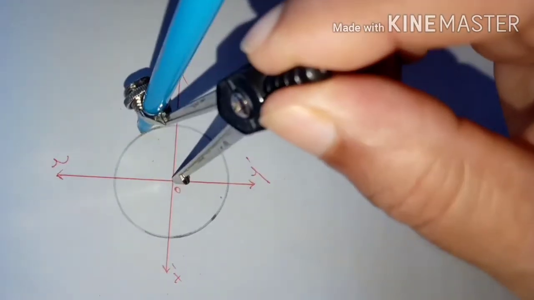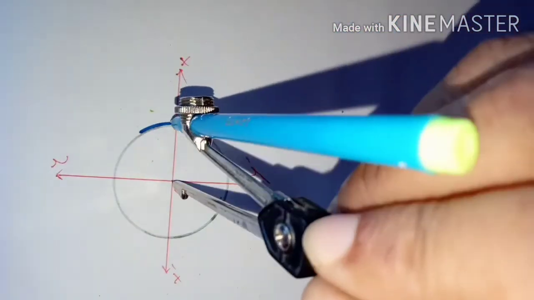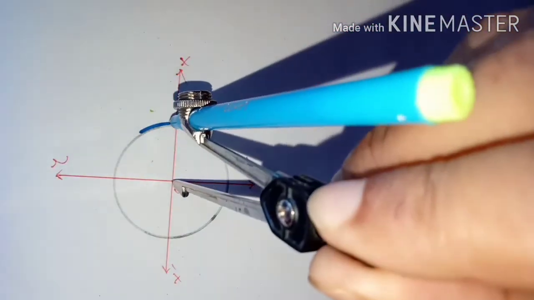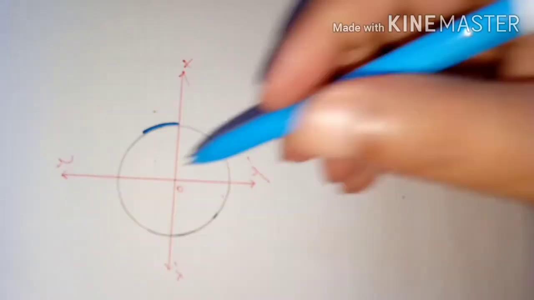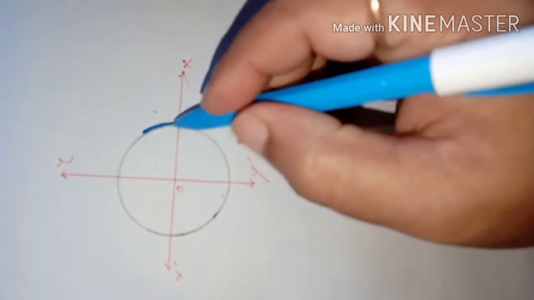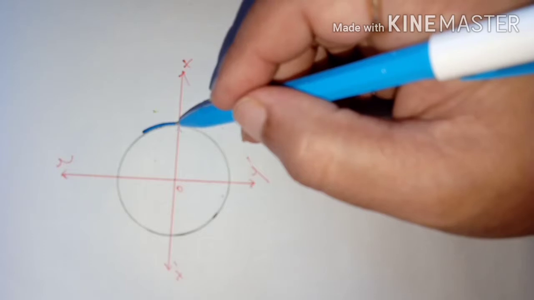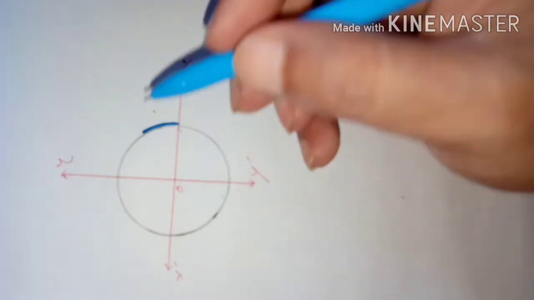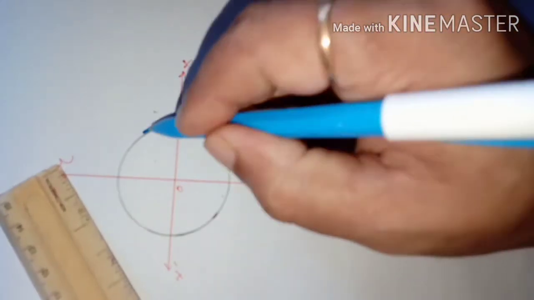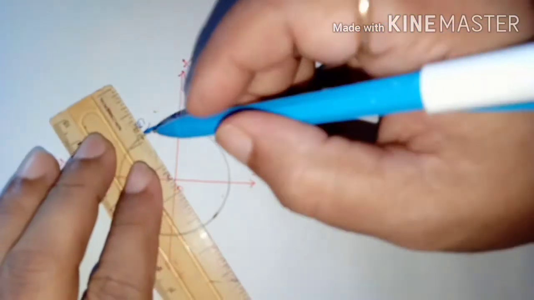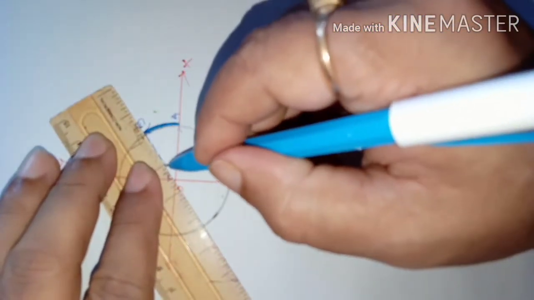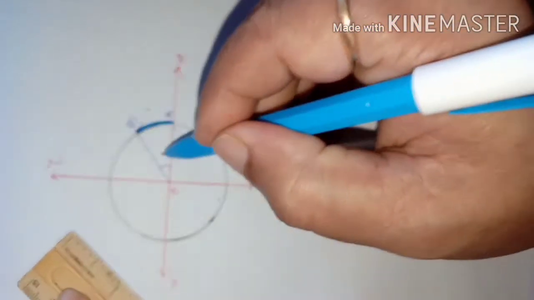Suppose you see here this is an arc in the positive direction. Suppose this revolving ray has revolved in the positive direction. Positive direction means anticlockwise direction. When it comes up to a position, say from A to B in the anticlockwise direction, we say it subtends an angle here at the center, that is a positive angle. Suppose this angle is theta.